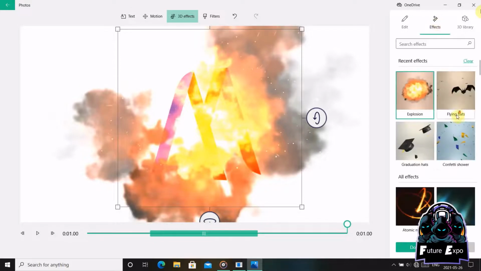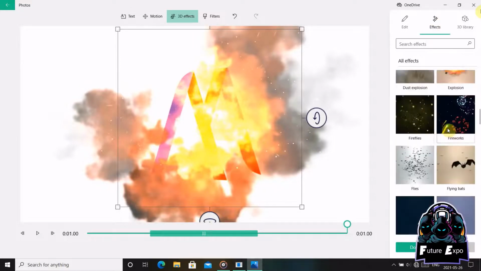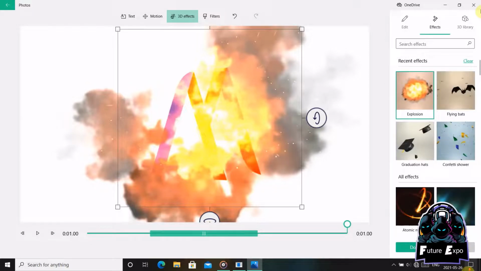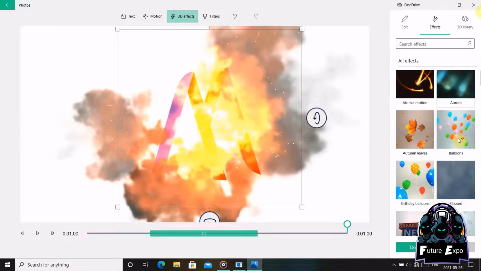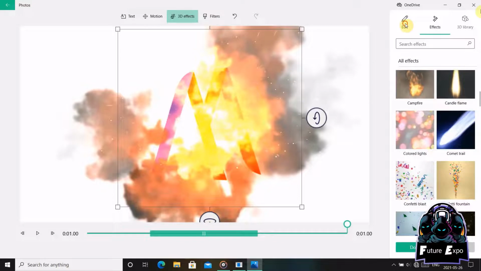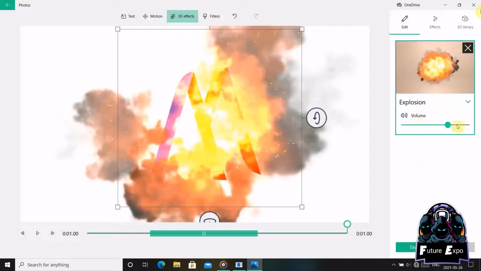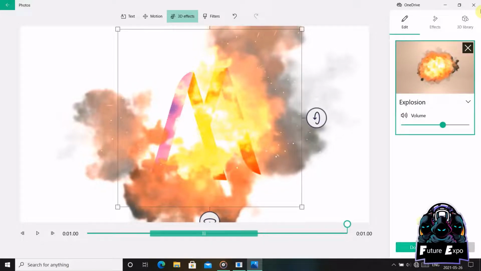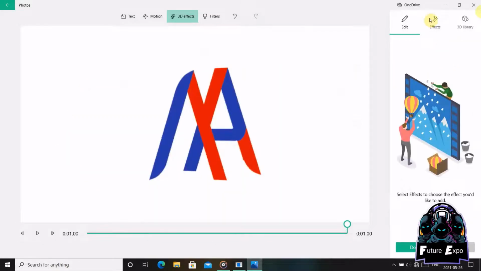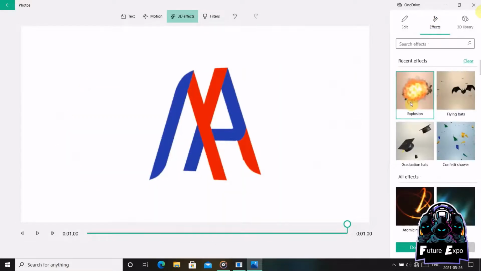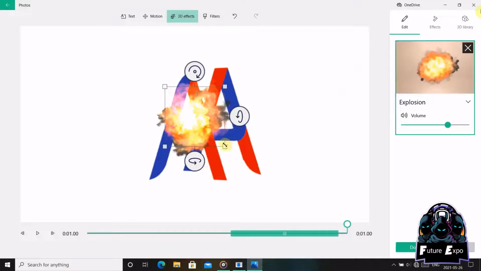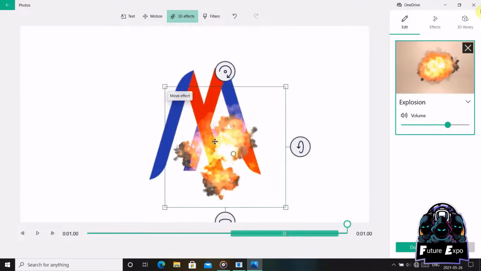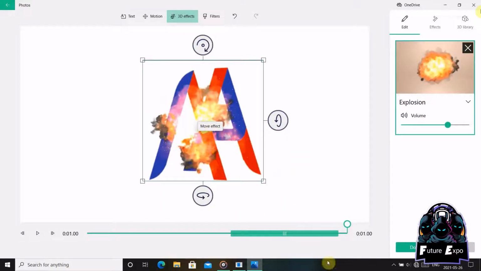You can add more and more effects you like, and also you can change the volume like this. If you want to remove the effect, just click in here. I'm using Explore in here,